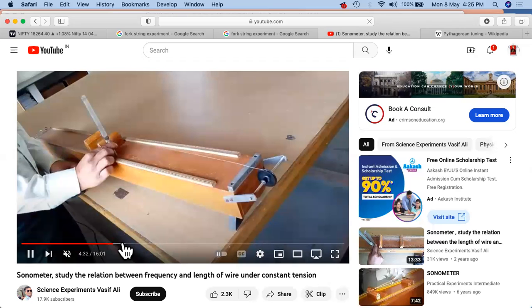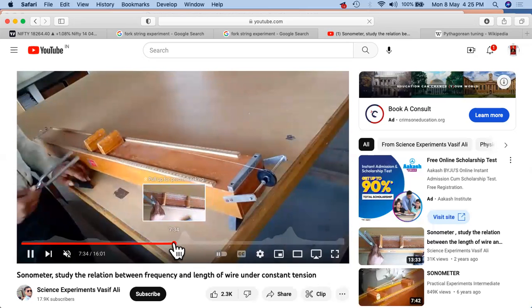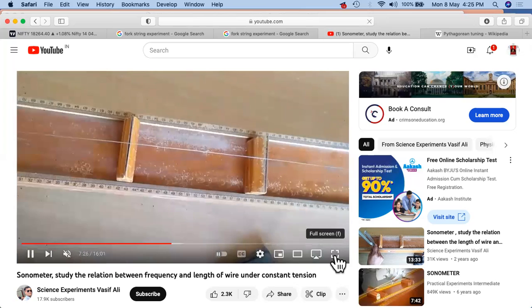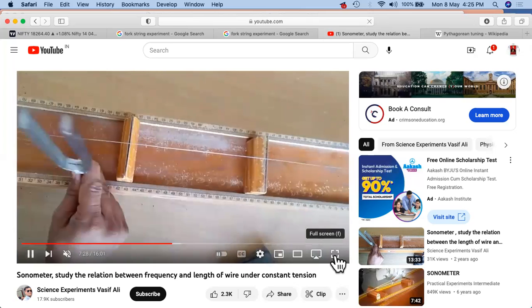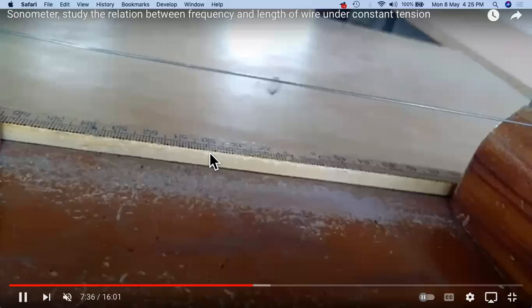So the weights have been kept over here, and let's try to get it a bit ahead so that we are able to see the details, right? Let me go a bit back on that side. So here we'll be able to change the length, right? And there's a small ring which has been kept. We'll be able to see this when the video is zoomed, so we get more details, right? So this is the small ring which has been kept on over here between the blocks.